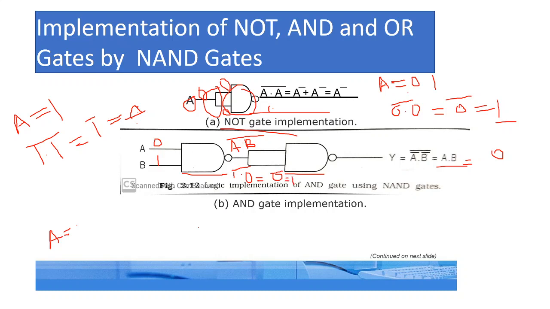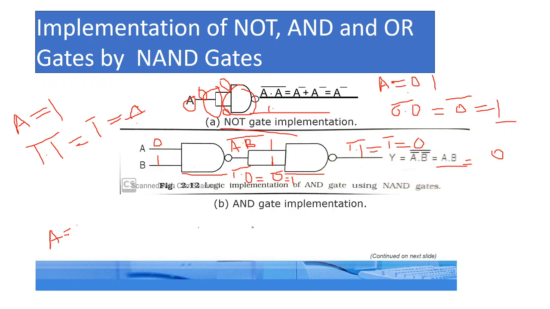So the output of this NAND gate is 1, and this is applied as a duplex to the next NAND gate as input. So 1 is applied twice to this NAND gate. The output is (1 dot 1) whole bar, and 1 dot 1 means 1, and the complement of 1 is 0. So when the input is A equal to 0 and B equal to 1, the output is 0, and this is the result of an AND gate. So with the help of NAND gates we can easily implement AND gates.